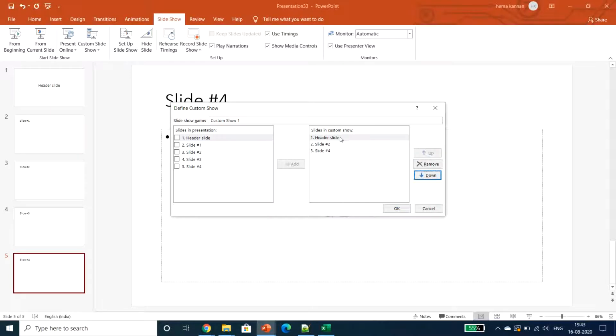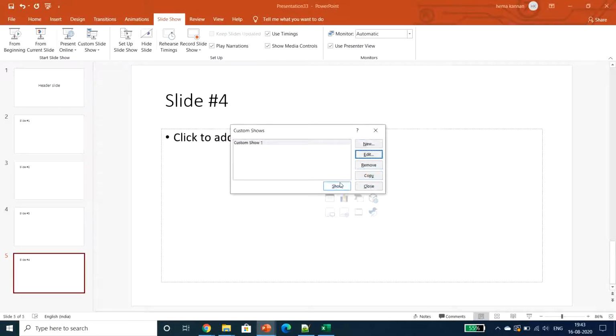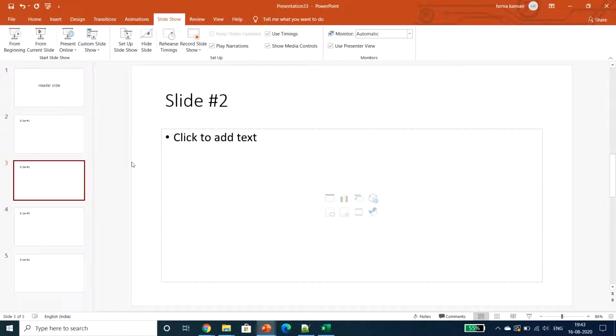So header slide came in the beginning, then comes 2 and 4. Now again I wanted to change my number 4 to second number. So move up, that's it. Give OK and select show. See, header slide came first, then 4, then 2 and end of the show. So this is for the custom slideshow.